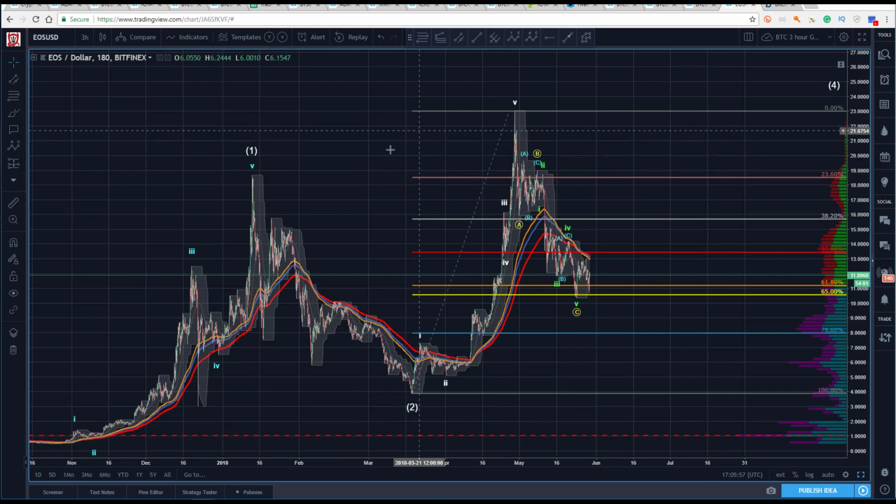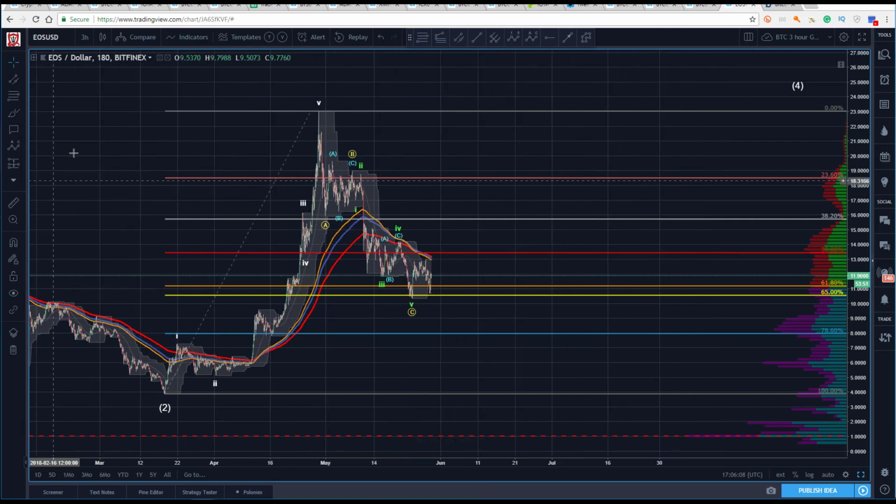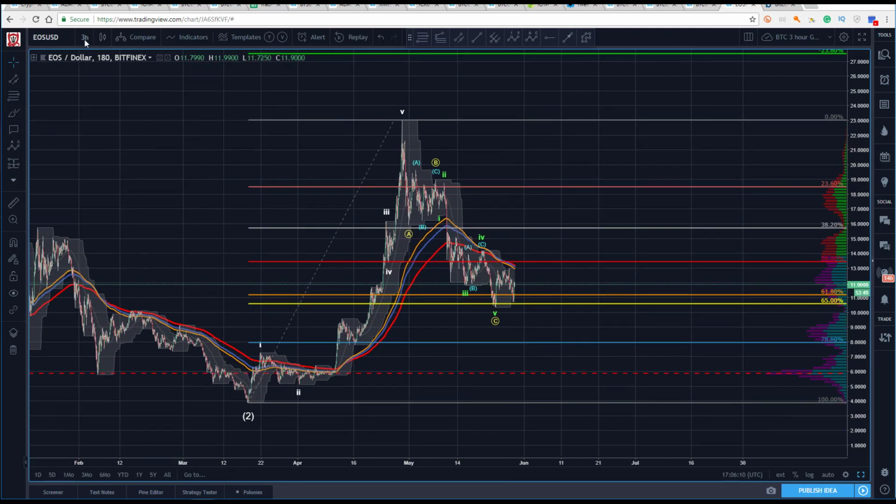But as we look at it here, do we have a reasonable expectation that we have a new opportunity to be buyers? Well, if I open this up here, let's go down to a smaller time frame, because there is a count here that works. So I'm going to go down.